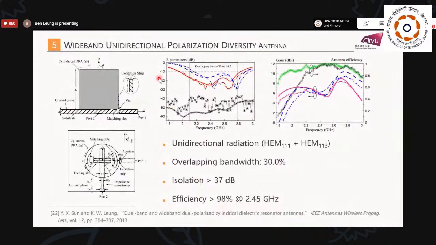Okay, we have dual band and we can also have wide band. Again, we apply our previous knowledge of the engineering formulas for wideband DRA design, and then we can obtain this polarization diversity antenna with a wideband characteristic. Okay, we use the HEM111 mode and HEM11 delta mode, for 11 delta and 11 delta plus 2. So the isolation is very good. Okay, I want to go to the next slide.